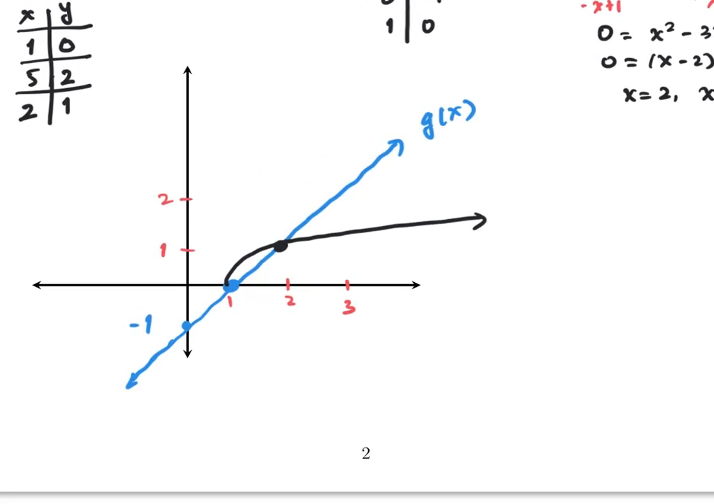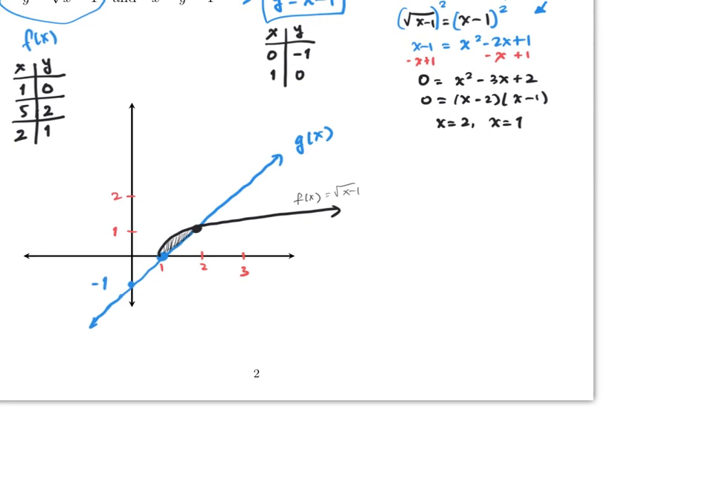So essentially, the question is asking you to find this area. The reason why the graph is important is because you need to see which one is the upper and which one is the lower function. So here clearly the square root of x minus 1 is the upper one. So then to find the area, this will be the integral from 1 to 2 of the square root of x minus 1 minus x minus 1 dx. Notice that this is the same thing as just minus x plus 1,